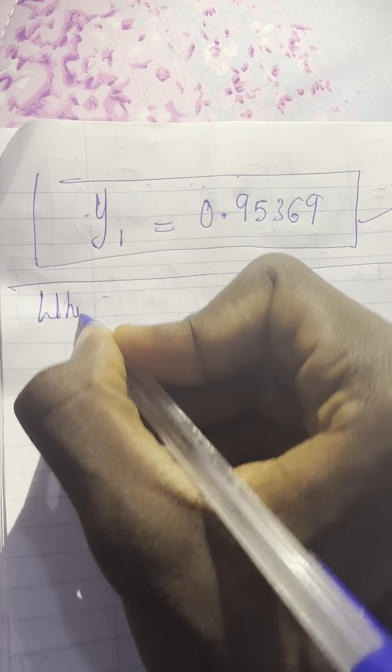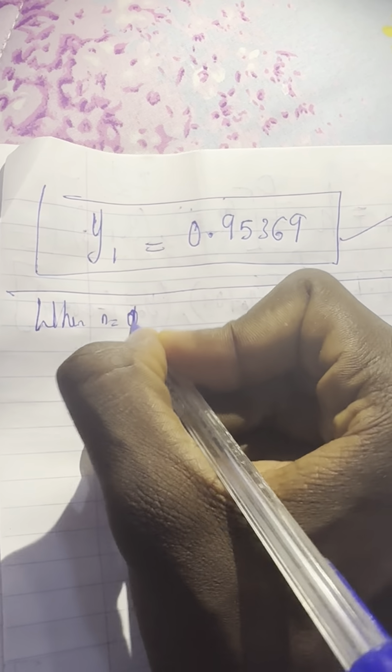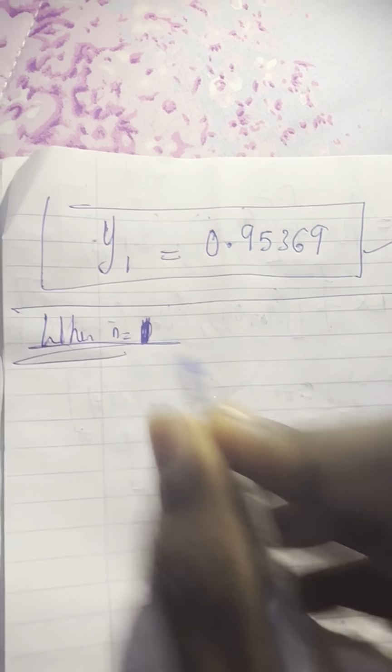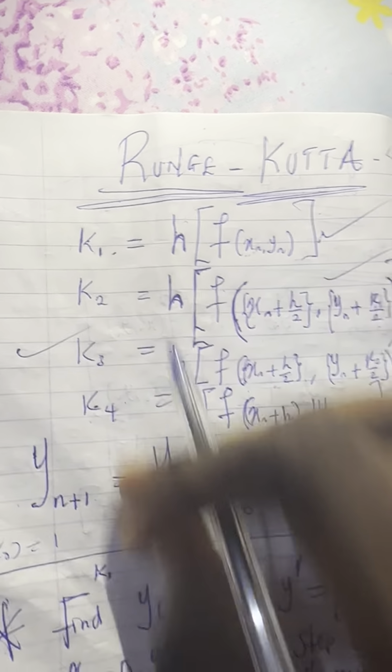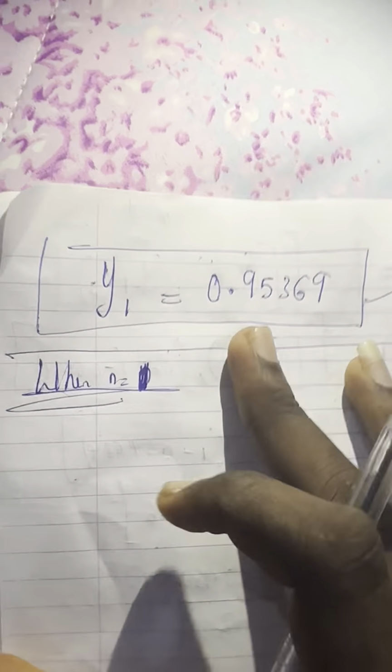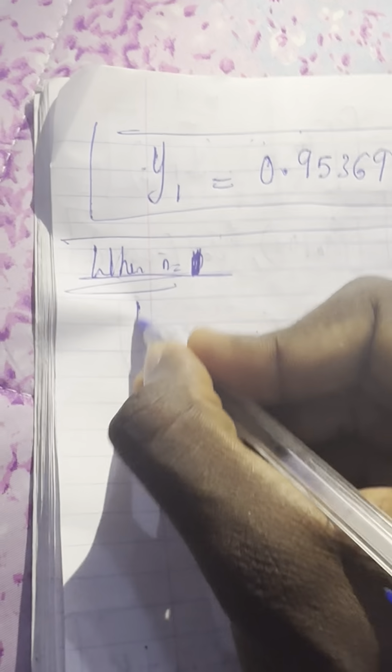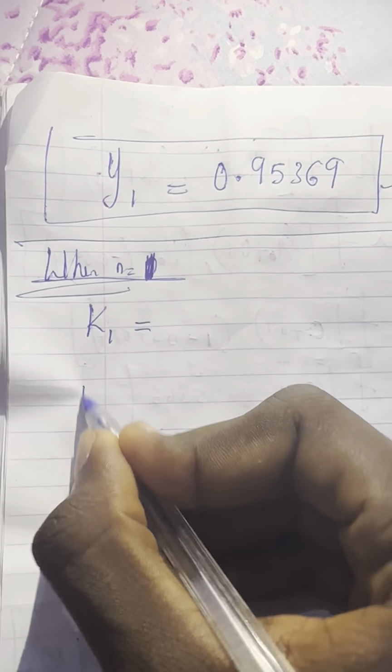My second iteration is now when n is equal to 1, right? I'll now repeat the same. I'll go again with the same step. I'll repeat the same step again when n is equal to 1. So therefore I need to find k1, I need to find k2,